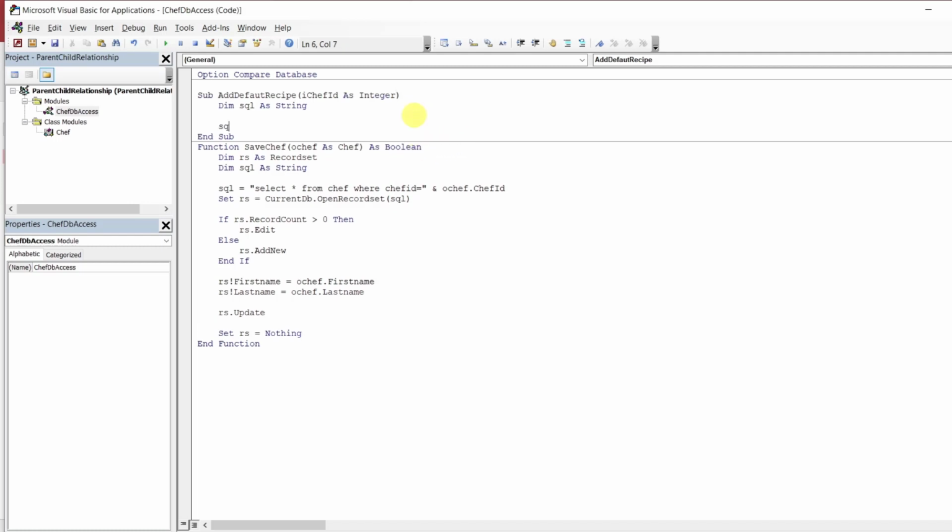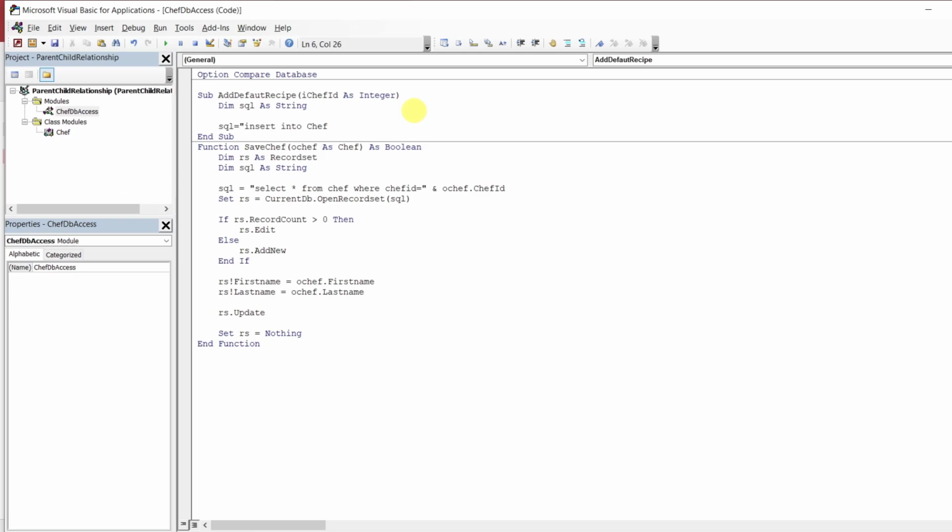And now I'm going to build my SQL statement. Select from, actually not select, my bad. Insert into